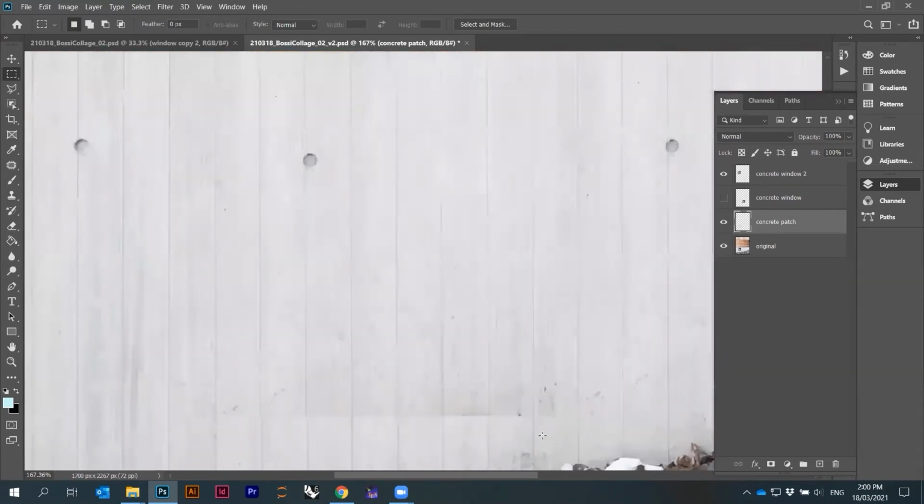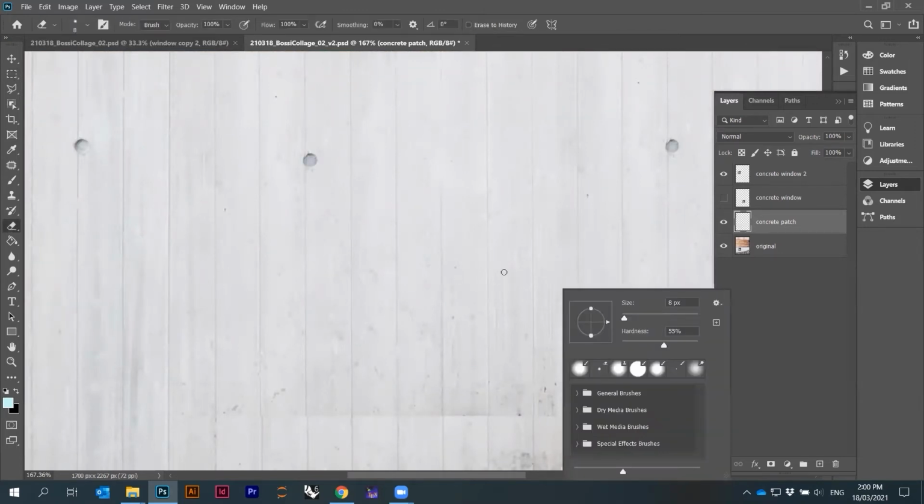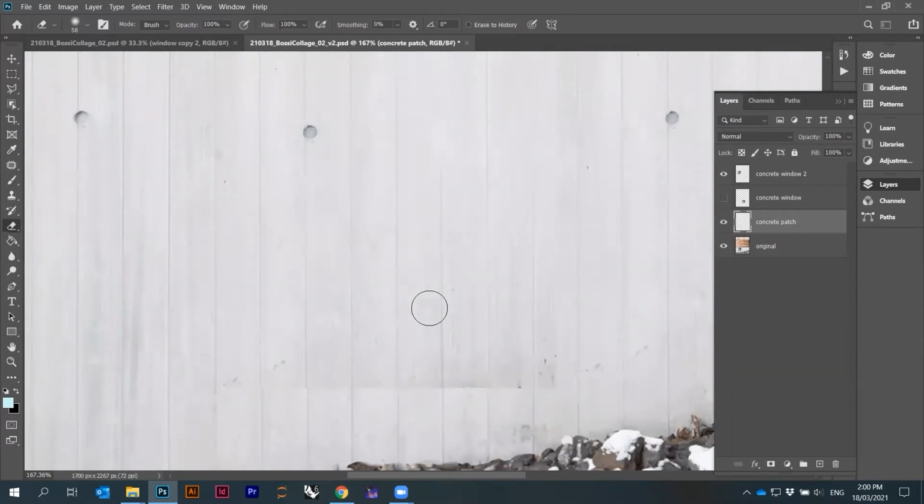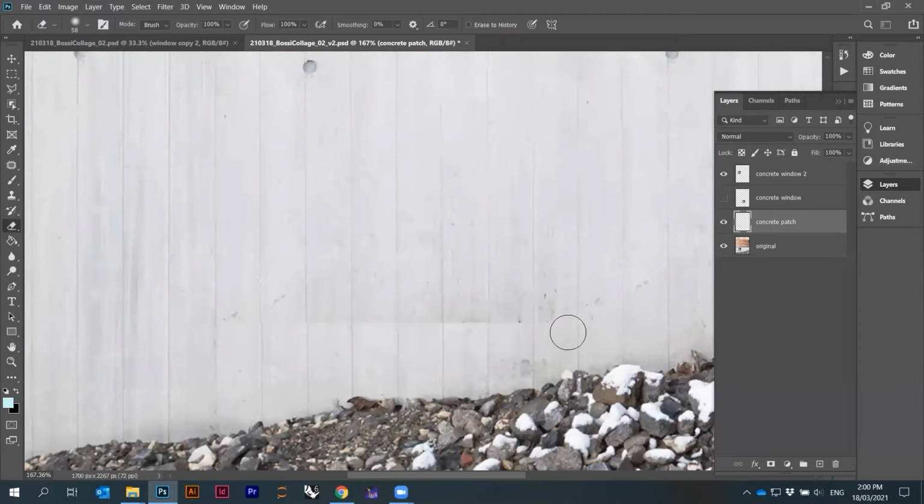And now we can blend that out. Or I can use an eraser. There's an eraser tool here, and this one is a bit too small. So right click, you can increase the size a little bit here, and hardness might go to 0%. So you want to have a soft hardness, which changes the softness of the edge. Here you want to have a very soft edge on this eraser. And now